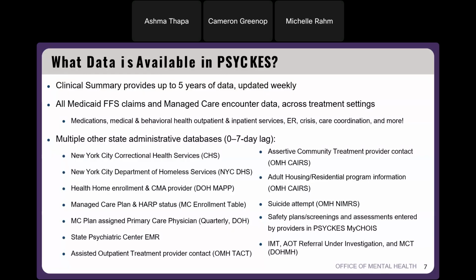I do want to mention that with the Medicaid billing data source, there is a bit of a lag from the time the service occurs to the time it shows up in the application. So, for example, something like medications, we consider those a little bit quicker with a quick turnaround time from the time the medication's picked up to the time it shows in PSYCKES, and it could be as short as 2 weeks. But things like outpatient and inpatient services, it can take a couple of months from the time the service occurred to when it shows in our application.